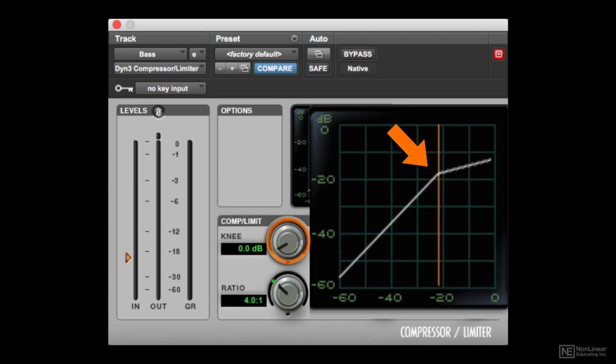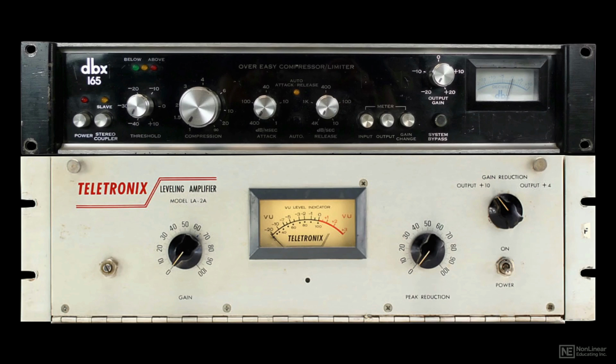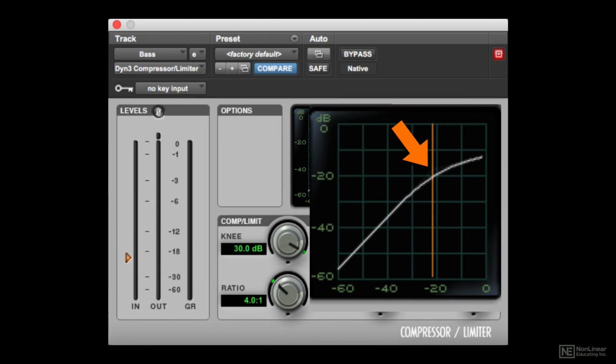This is called a hard knee response, due to its appearance on a standard transfer curve graph of compressor input and output. But some vintage compressors, due to their particular circuitry, instead have a soft knee characteristic. Gain reduction begins at a slightly lower level than threshold, but also at a slightly lower ratio than set. The gain reduction and the ratio increases as the signal reaches and exceeds threshold, reaching the set ratio a little